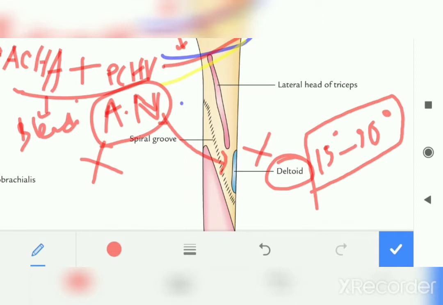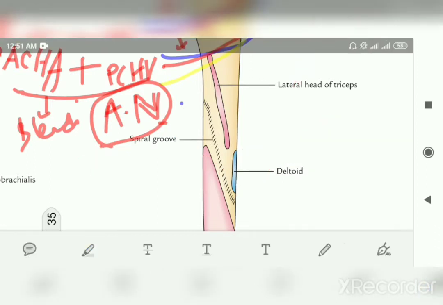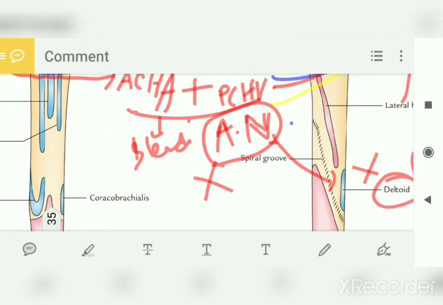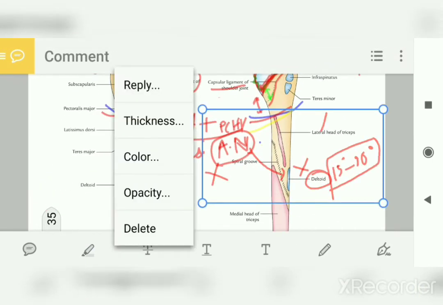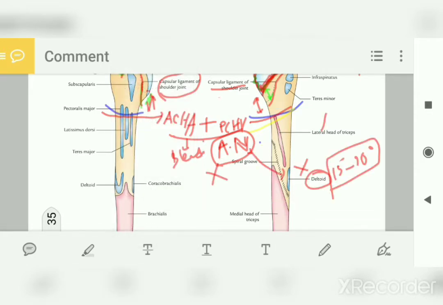Okay, so I'm repeating it again. When there is any fracture, it usually occurs at the surgical neck because it is the weakest part. When there is a fracture in the surgical neck, it will lead to damage to the anterior circumflex humeral vessel anteriorly, and the posterior circumflex humeral vessel and axillary nerve posteriorly. When these two vessels are injured, there will be profuse bleeding. Okay, and when this nerve is injured,